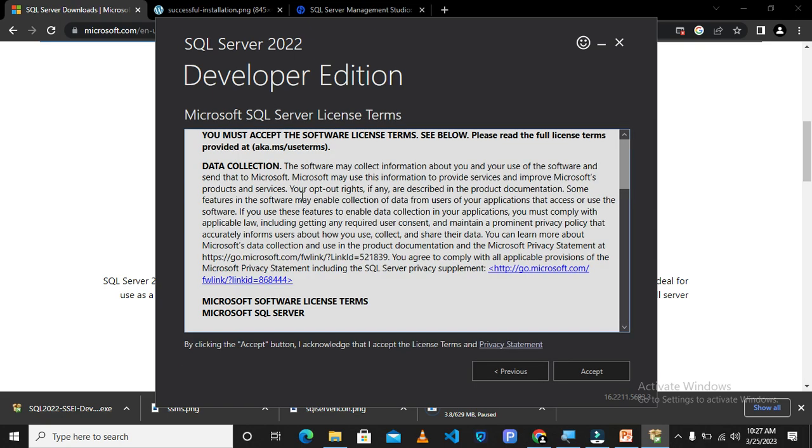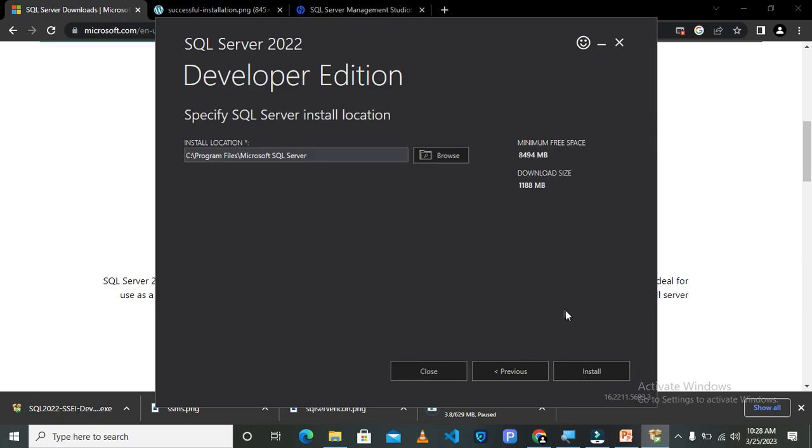Click on basic, then it will show you the terms and conditions. Just click on accept, then click on install. But because I have this installed, I won't be clicking on install, but you should click on install because this is your first time. Like I said, you need at least